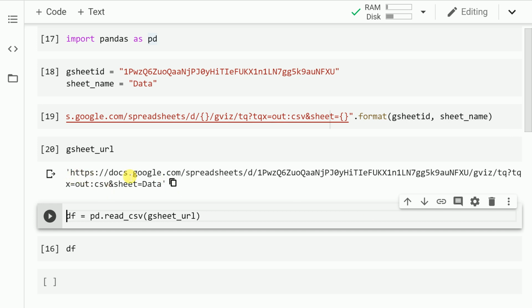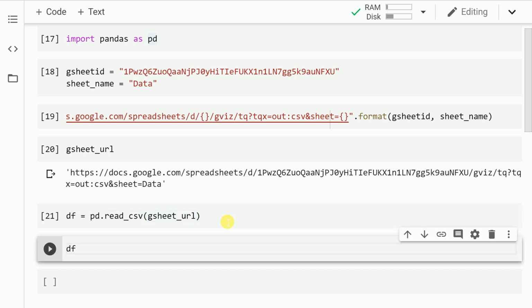Once you play around with this notebook as well, you can copy this and paste it into your browser and you will automatically see a CSV being downloaded. Rather than importing that CSV again, what you can directly do is, given you have the URL handy now, you can directly pass in this URL into the read_csv function. So let me run this cell. And now the time has arrived wherein I show you the final output if this is working or not. So let me run this cell.